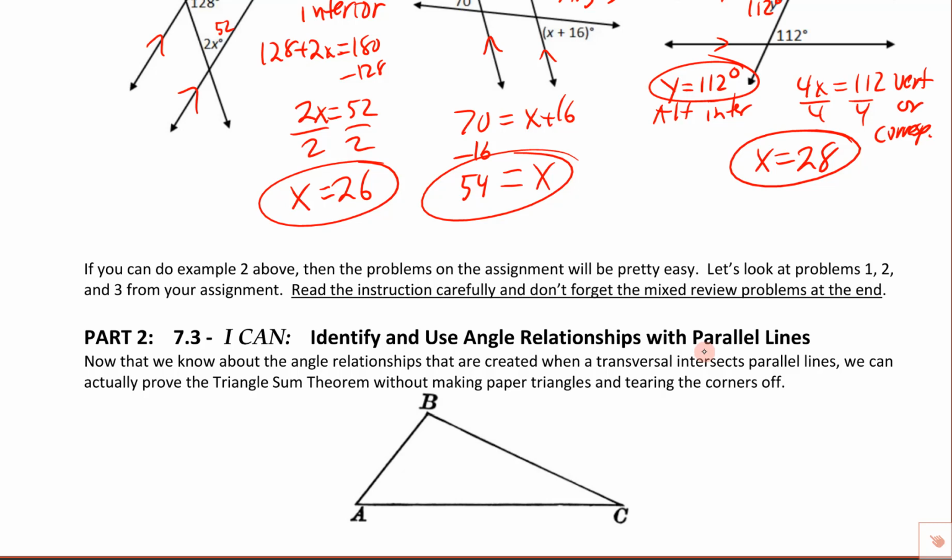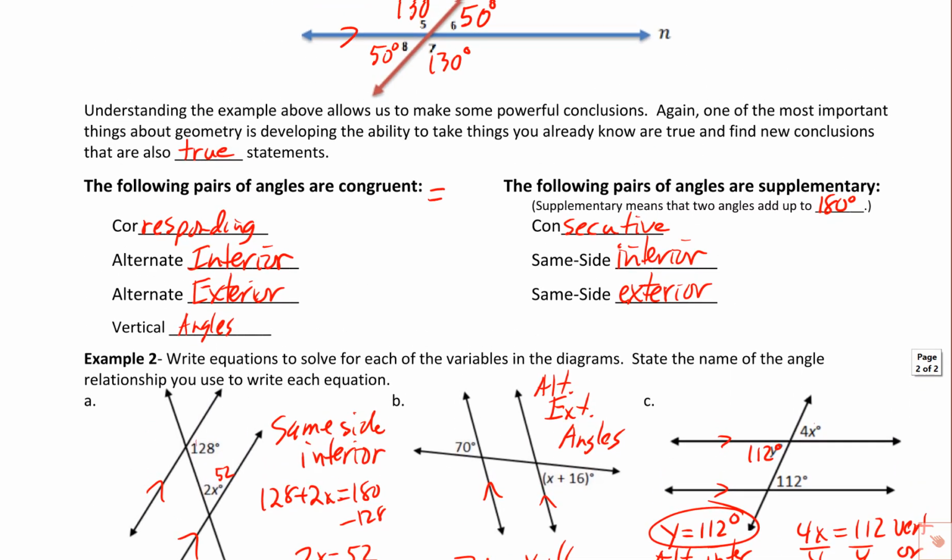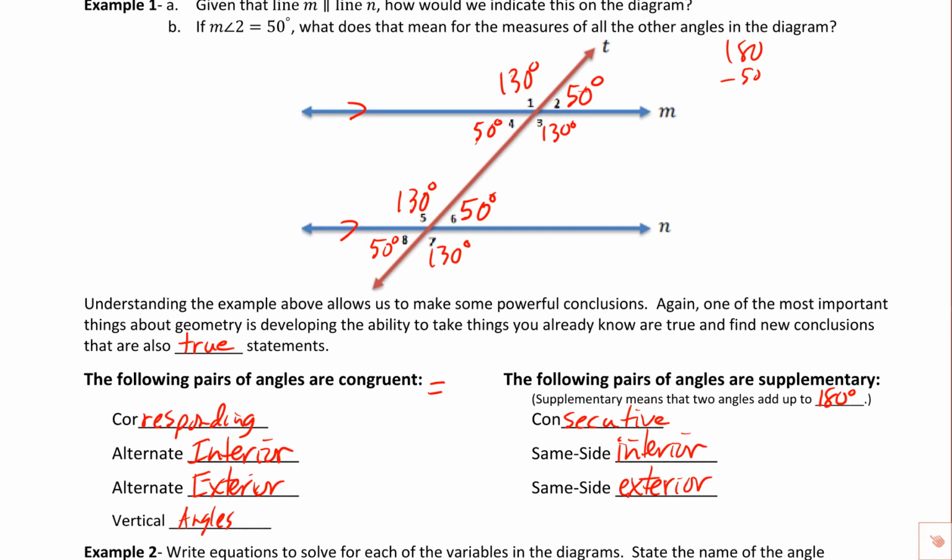We've kind of got an intuitive idea of why the angles inside a triangle always add up to 180 degrees. We'll come back to that in just a minute. I do want to go back and look at these vocabulary words and make sure we're clear on how this works. So if we look at this diagram right here, we had a numeric example where we said, hey, angle 2 is going to be 50 degrees,